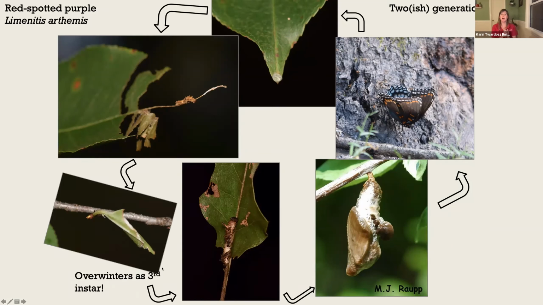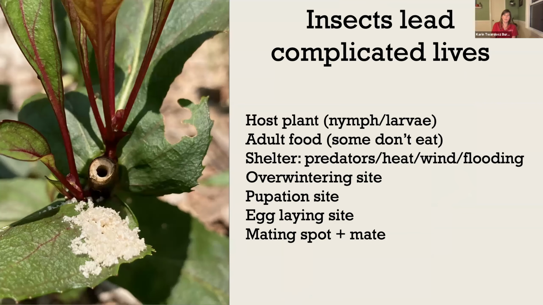So if you think about what this caterpillar needs, it needs its host plant for sure, but it also needs its host plant to not get cut back and weed whacked like black cherries often are as weed trees on the landscape, so that it can successfully overwinter and then come out as a caterpillar, and then as an adult find its mates and nectar and use that part of the landscape.